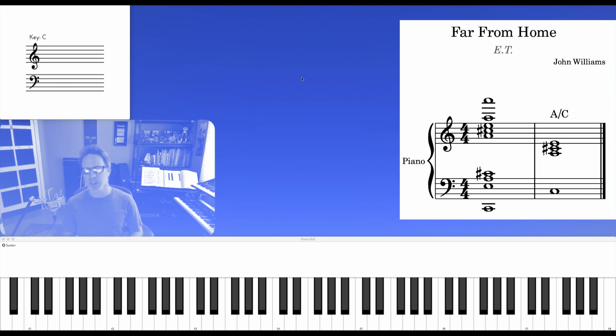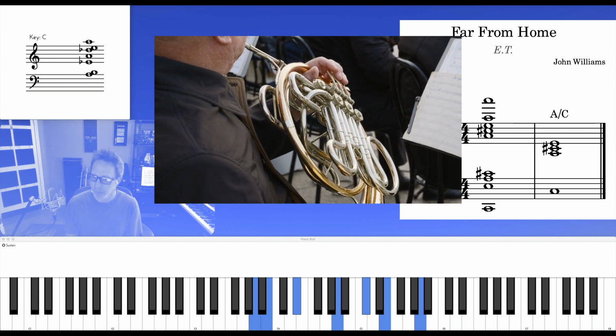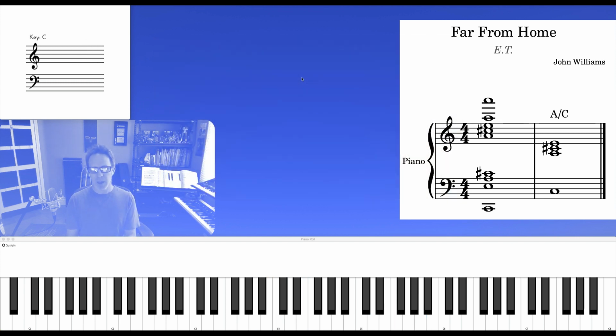The voicing is interesting because you'll notice the absence of the fifth right here. And that's because John Williams left that space open so the horn could play that same melody. And that melody makes it so that at one point we have A major add 9. The B makes it an add 9 over the C natural, which is a very dissonant sound, but because the voicing is so spread out,